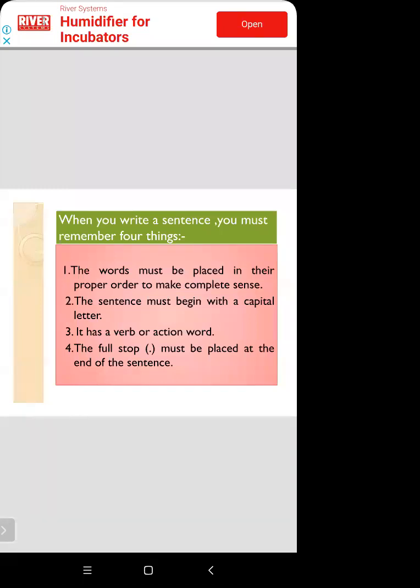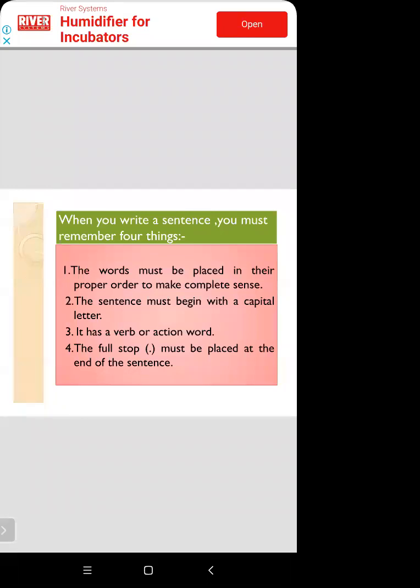So now student, first of all, you have to know about the verb. A verb is a word or a combination of words, clear, that indicates action or state of being or condition. A verb is a part of a sentence that tells us what the subject performed. Clear? Verbs are the heart of the English sentence. Verb को हम क्या बोलते हैं? English के जो भी sentence होते हैं उसका हम heart बोलते हैं.